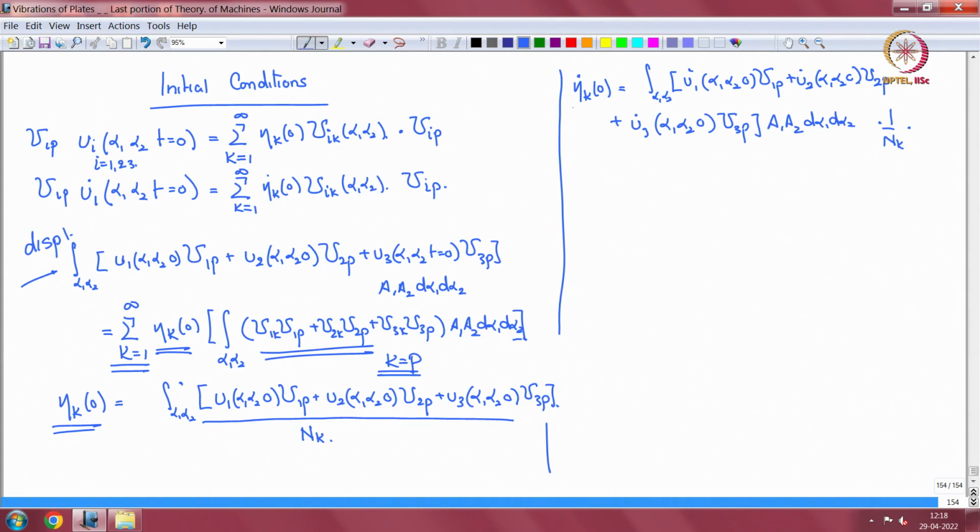So now I have my initial conditions for the eta k ODE, okay, and so eta k of t can be solved,